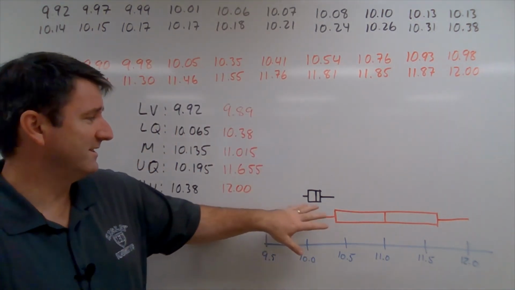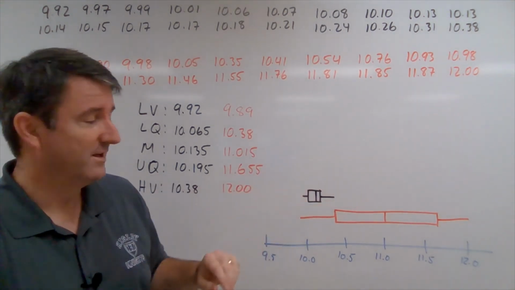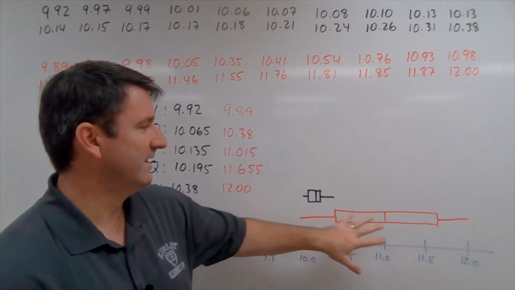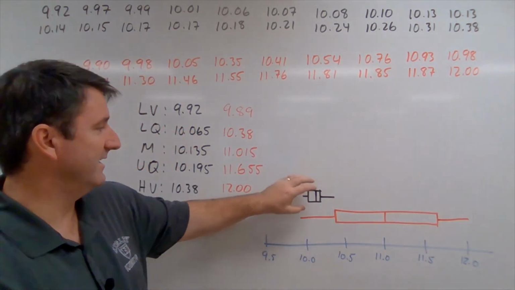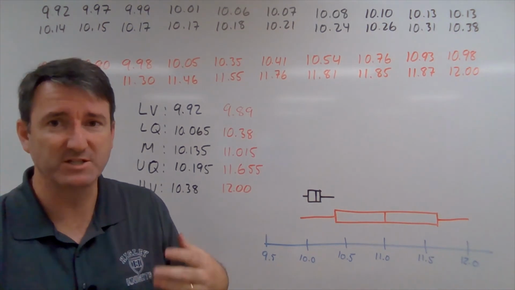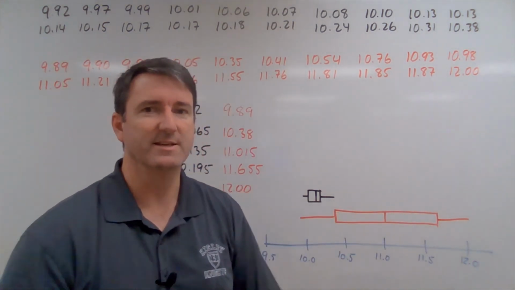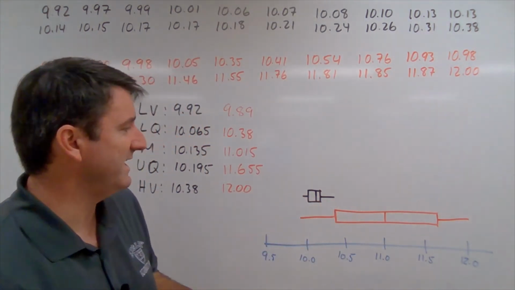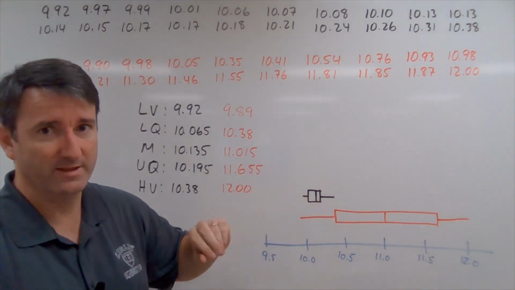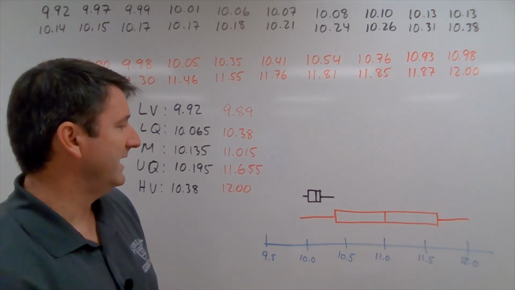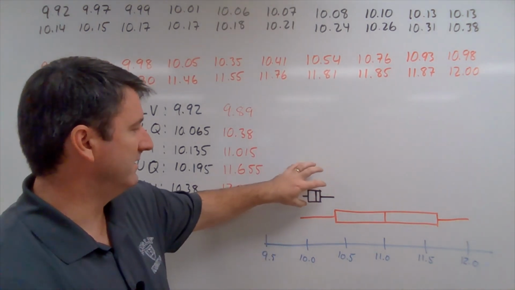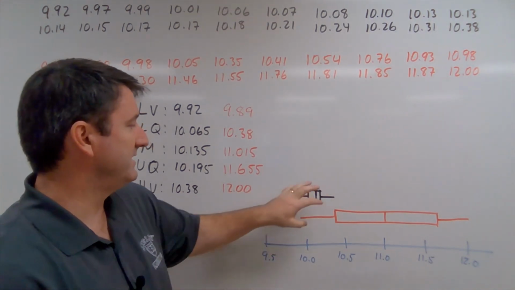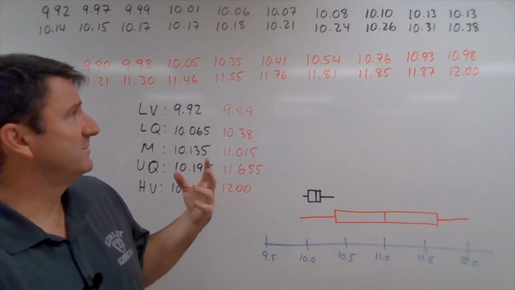That's right. So you can see that this is a much smaller box plot than this one, meaning that the variation in this black data set is much smaller than the variation in this red data set. You can also see that the center of the data set, represented by the median, is quite a bit lower in the black box. So we have a lower center and a lower variation in the black set,